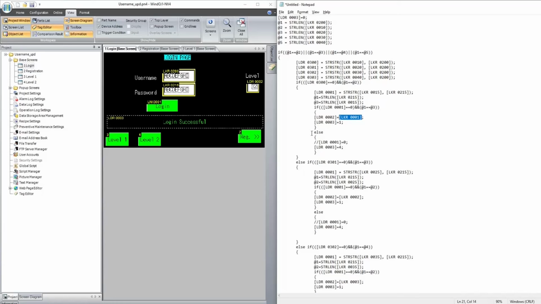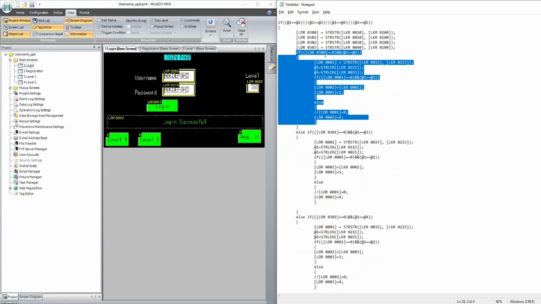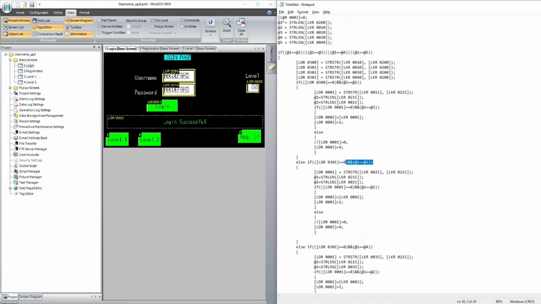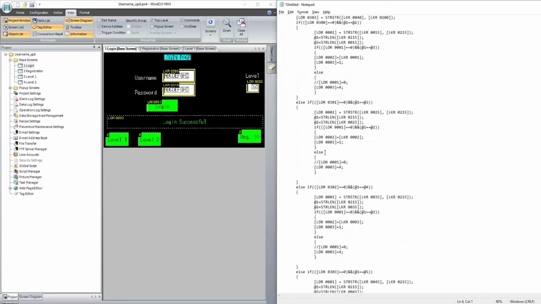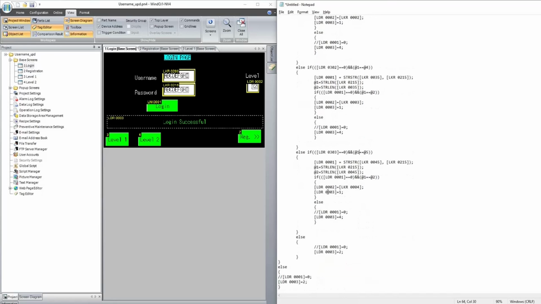Okay, then LDR3 I'm passing 1, that is login is successful. So the same conditions and everything is passed on from one after the other. If this is false, LDR300 is false, LDR301 is true, then this will pass on here. Okay, and it will check for the condition once again, 1 with 3, lengths 1 with 3. Next condition is 1 with 4, the next condition is 1 with 5 respectively.